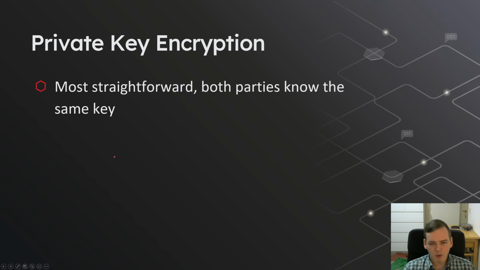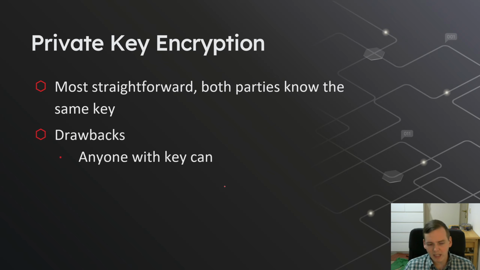This is most straightforward. Both parties know the same key. The drawback is that anyone with that key can decrypt, so you don't have any way of knowing if that key accidentally got loose and there are copies floating around. The idea behind this approach is very similar to the +2 or the ×7 kind of math. You basically both know